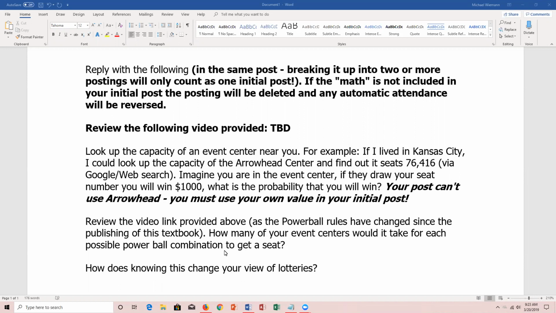Keep in mind in the initial post, you do need to ensure you show all of the mathematics that's involved inside of the initial posting. You just can't state the answers. I want to see the underlying process when you do that. So question is, if you were to pick a center, I picked Arrowhead. You can pick any event center where you would go see a concert or a musical event, etc. But I'll show you how I got to the